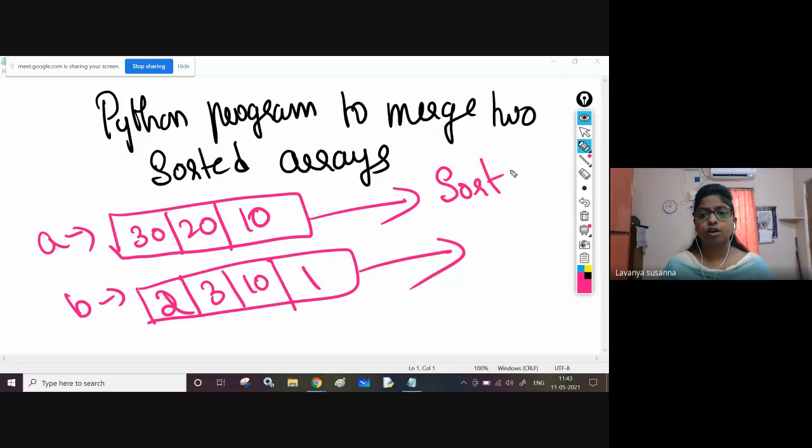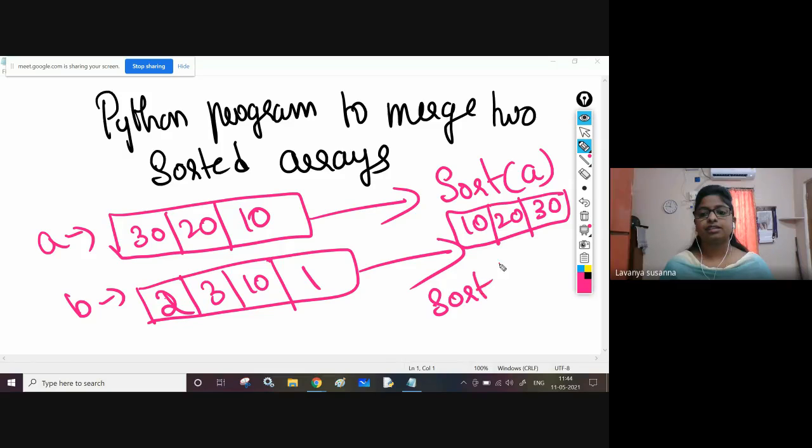Sort of A means elements will be sorted. In array A, elements will be sorted: 10, 20, 30. Next, sort of B means elements of B will be sorted: 1, 2, 3, 10.